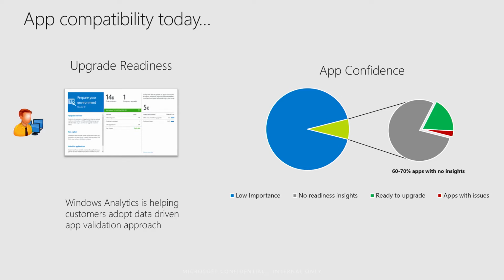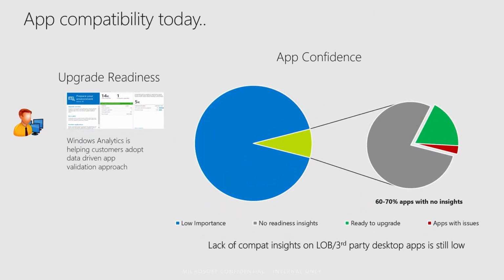With this data-driven app validation approach, what we are pitching is that if the bigger pie over here is the total number of applications in your ecosystem, you don't have to go test or manually validate each and every application. Instead, you should be looking at applications which have significant install base or are mission or business critical to you. So those would be classified as important or noteworthy applications. This small sector over here represents the applications you should focus and test on, right?